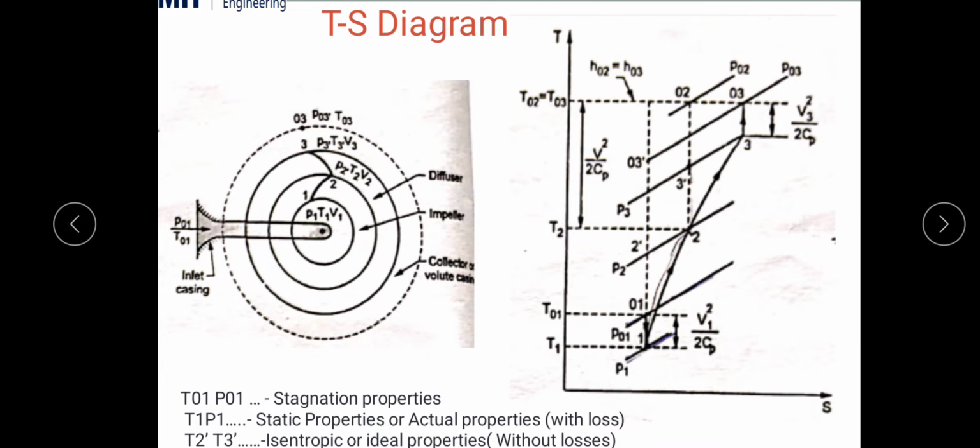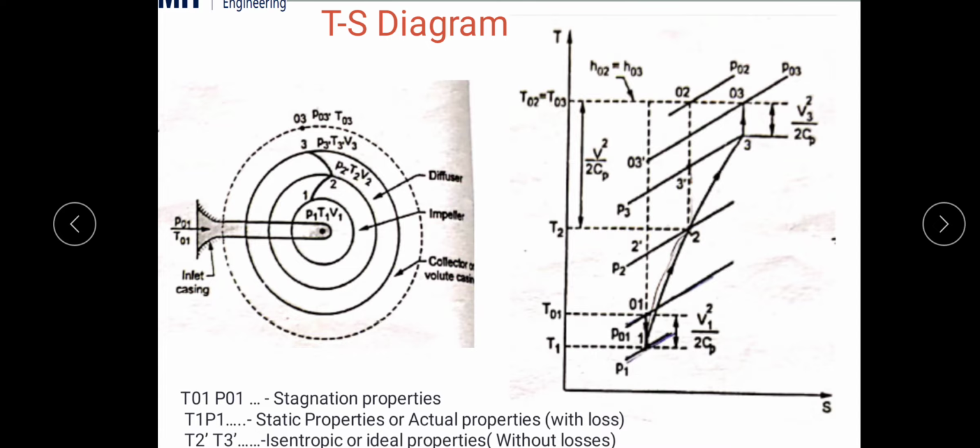Ideally, P01 to 1 there is no loss. From 1 to 2 we cannot avoid that loss. In the impeller there must be some losses, but in the diffuser section we can manage by polishing the vanes or by setting the diffuser vanes at a particular angle to minimize the losses. And at the outlet of the impeller, we will get somewhat increasing pressure without losses, means instead of the pressure increasing from 2 to 3, then 3 to 03,